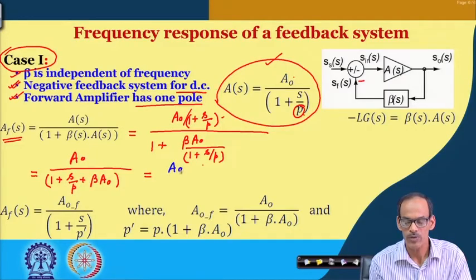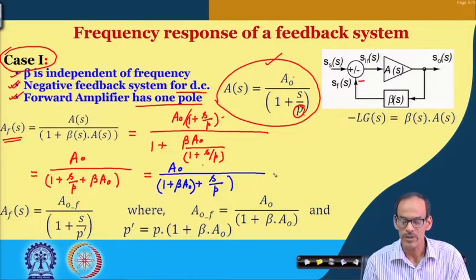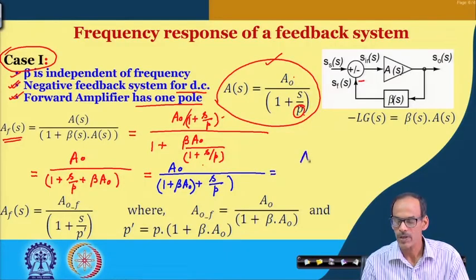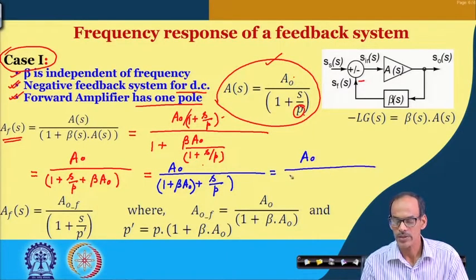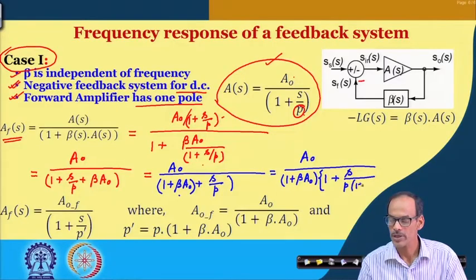Namely, in the numerator we have A naught, and in the denominator we have 1 plus beta into A naught plus s by P. Now, if I take this part as a constant outside, what we get is, in the numerator again A naught, and in the denominator, if I take 1 plus beta into A naught as a common factor, we have 1, and then s divided by P multiplied by 1 plus beta into A naught,